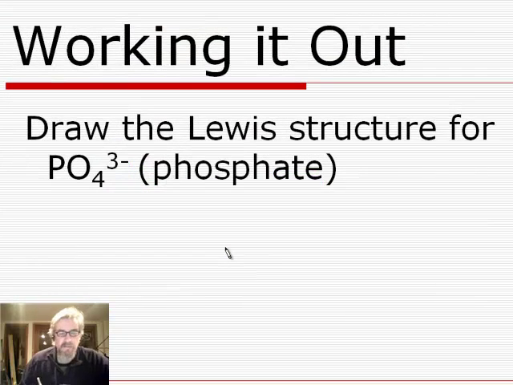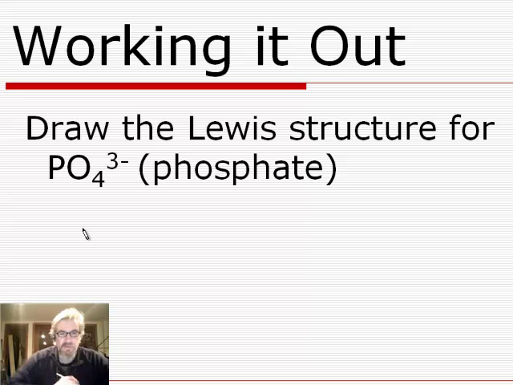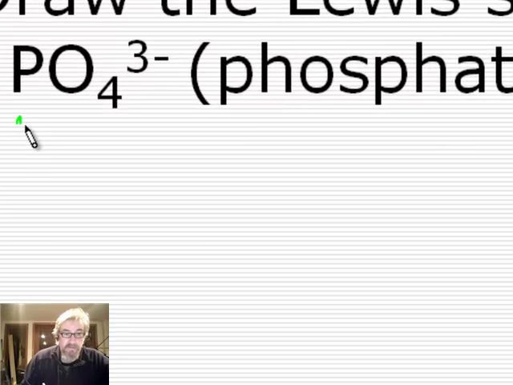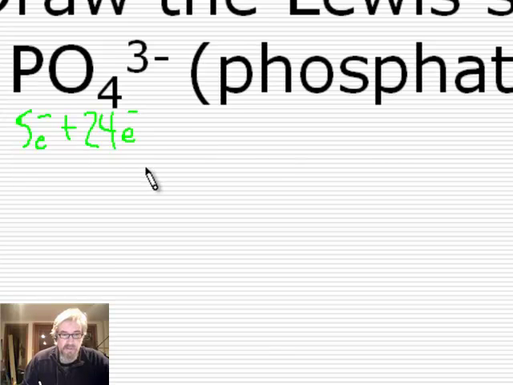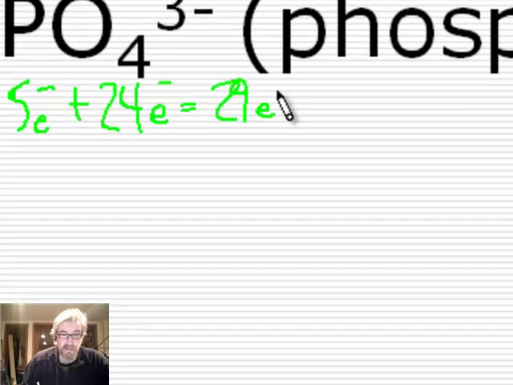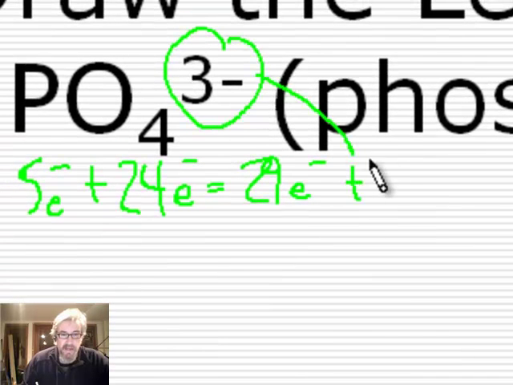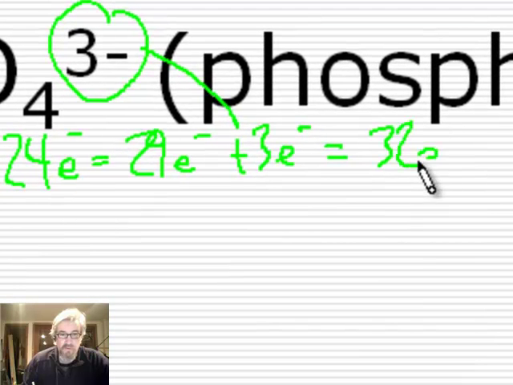Here's phosphate, PO4 3-. Draw the Lewis structure for this. Here's your answer. Phosphorus is in column 5, so that gives me 5 electrons. Oxygen is in column 6, that gives me 6. 4 times that is a total of 24 electrons. 5 and 24 is equal to 29 electrons. But this is a 3- ion, so I add 3 more electrons, and that gives me a total of 32